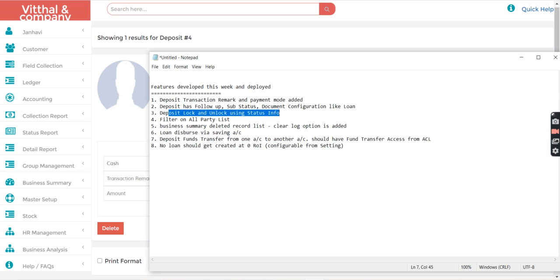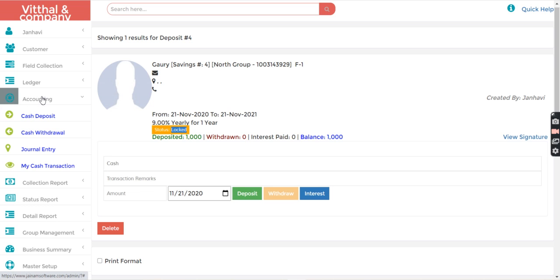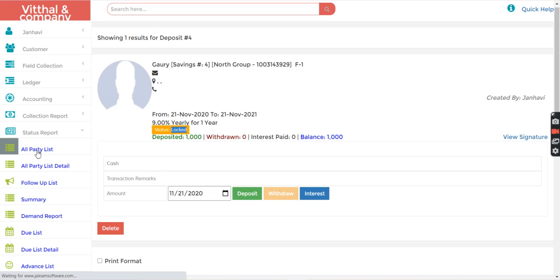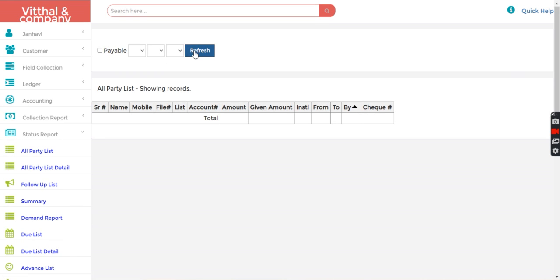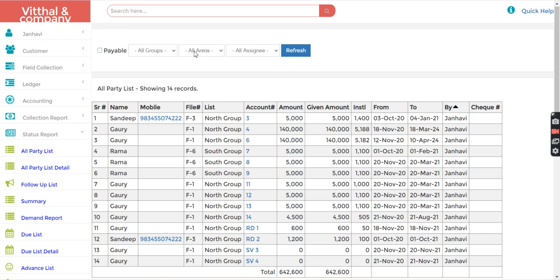Then let's check the fourth deployment, filter on all party list. So if I go to the status report, all party list, so here you can see, just refresh from here. So here you can see all groups, all areas and all assignees.